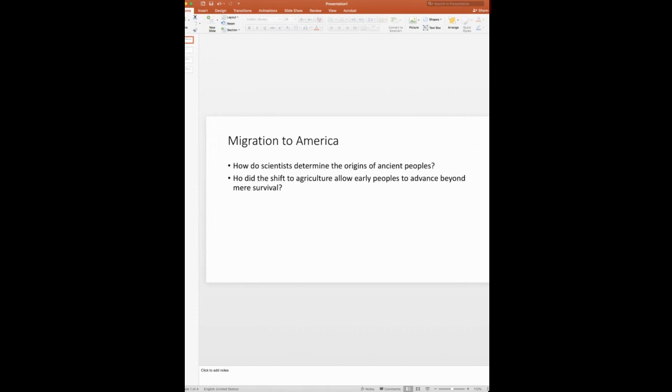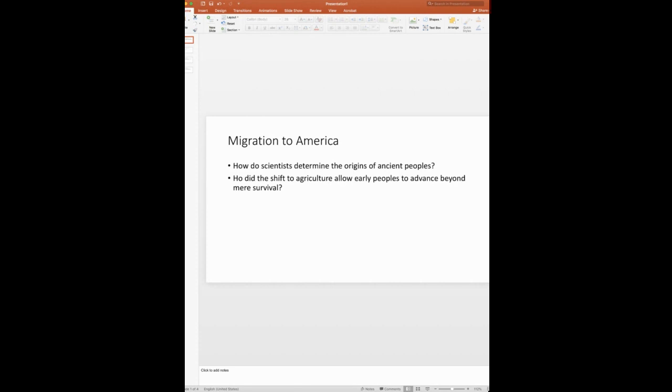We're looking at the different cultures that came into this area that we call the United States and actually made up the people of the United States. And so we start off by showing that Native Americans descended from Asians and probably started migrating to North America approximately 15 to 30,000 years ago.